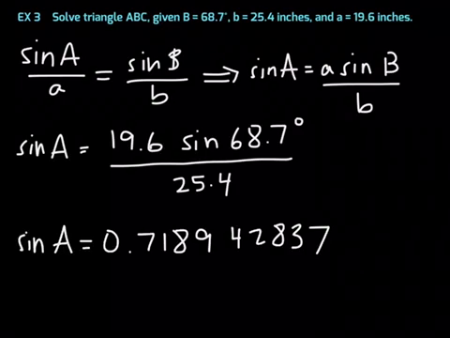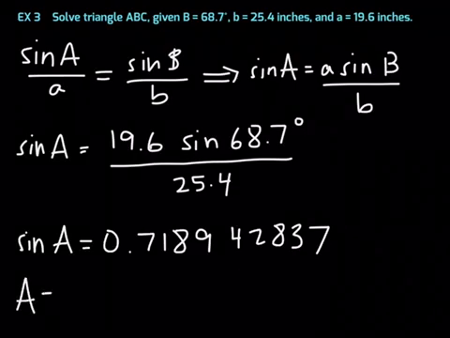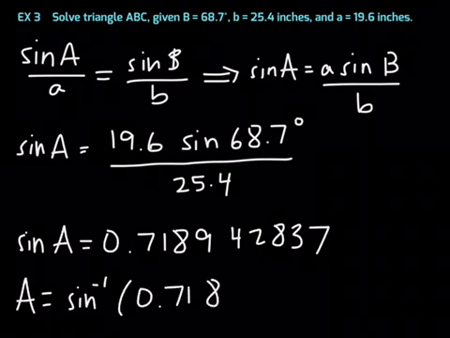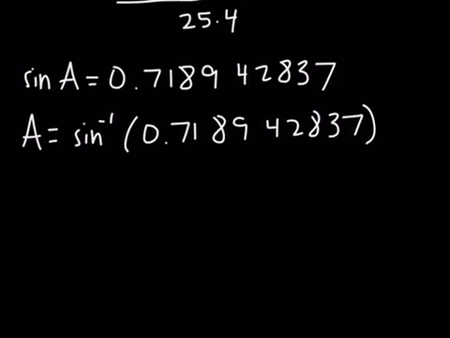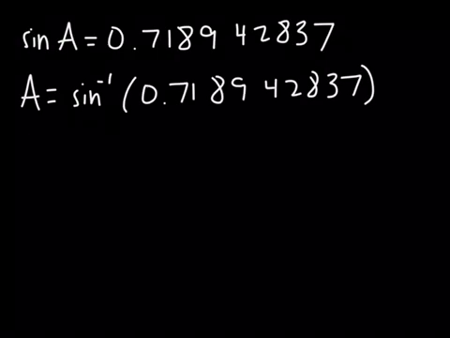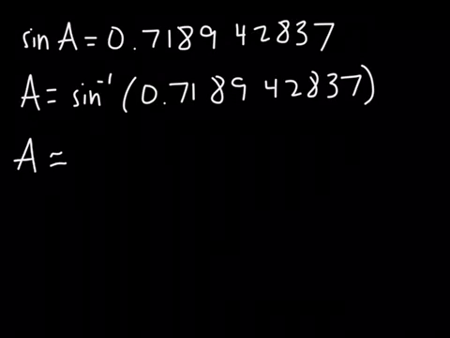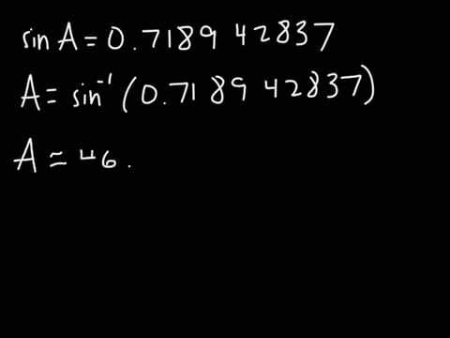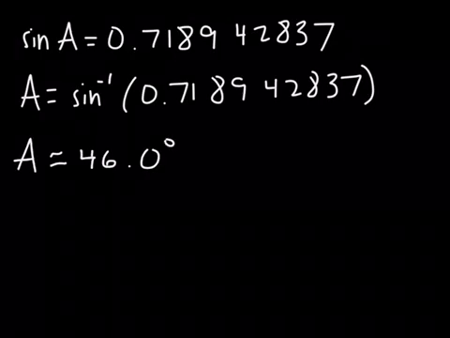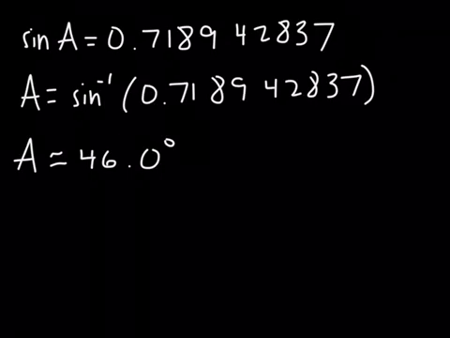So what I'm going to do now is take the inverse sine of what we just got. So A is equal to inverse sine of 0.71894287. We are getting that A is about 45.967. We have three significant digits here, so if I round to three significant digits, A is 46.0 degrees. Now, because supplementary angles have the same sine value, I'm going to check for a second triangle right now